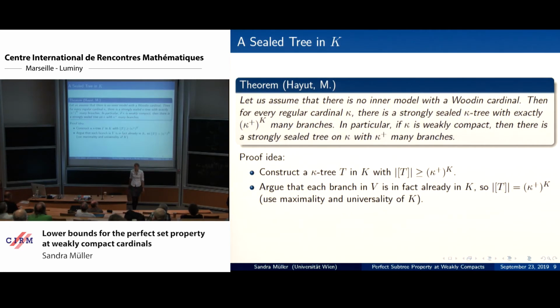And the next thing to... You have to worry that the levels are small, right? Yes, that's true, but if kappa is weakly compact, it's in particular inaccessible, and then it's okay. Yes, this is a very good point. I'm saying I want to have a kappa tree, so you have to make sure that the level is of size less than kappa. You're only doing this for inaccessibles? Yes, and if kappa is just a regular cardinal,